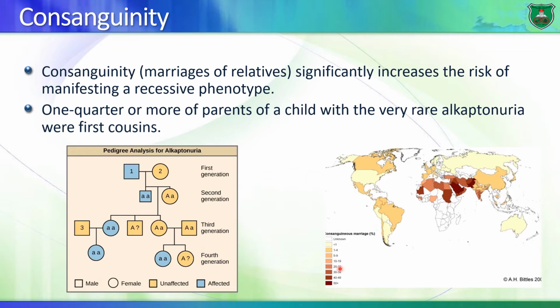Now you can see here the distribution of consanguinity around the world, and notice how it's very common in the Islamic world, including the Arab region, like Saudi Arabia, even Jordan as well, and Iraq, Sudan, and so on. So in Jordan, the rate of consanguinity is about 40%, which is really high,